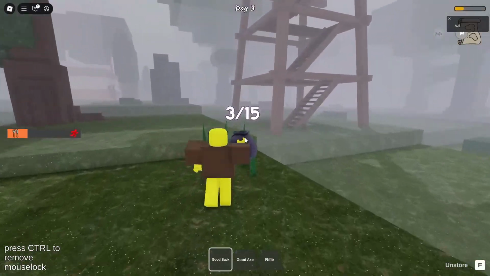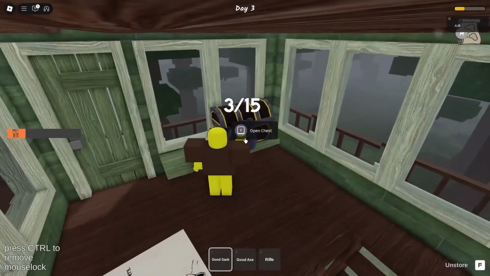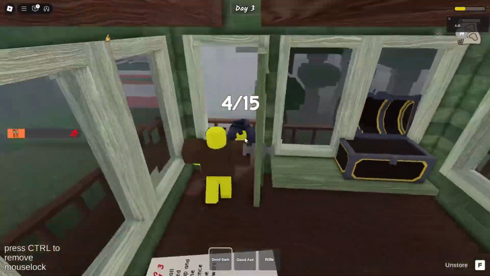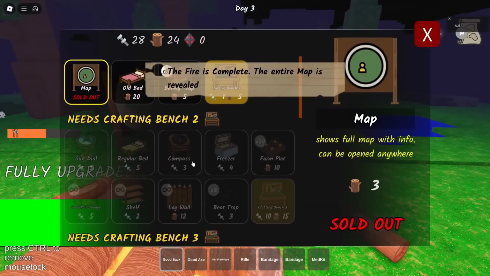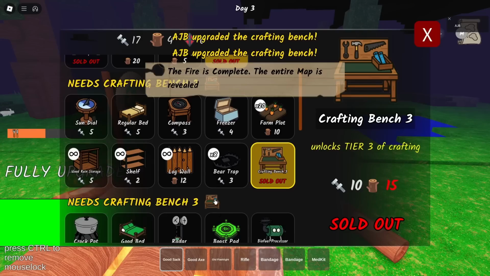Oh, oil barrel up there in the lookout tower. Lookout tower. You know, that word. Oh, and a gold chest. Come on, be something good in here. Oh, another oil barrel. Okay, at least I'll be able to max out the fire. 2 oil barrels? It'll get me close. Nice, got it. So yeah, the only thing I really need left is I need to just get a strong